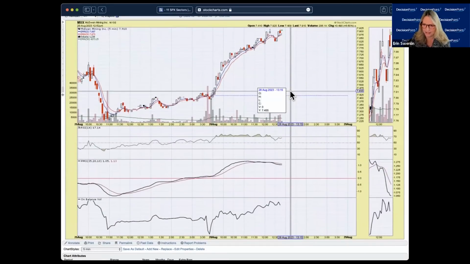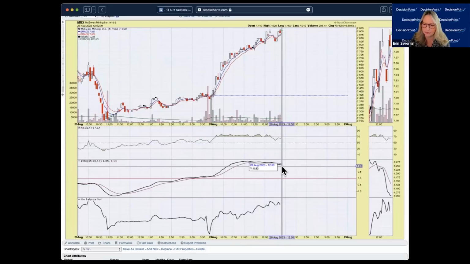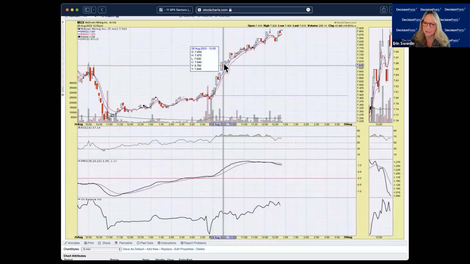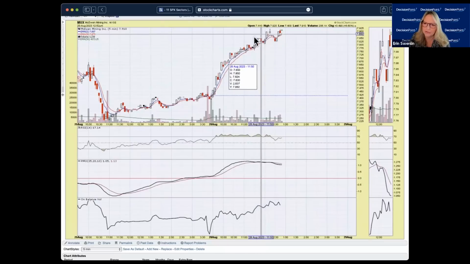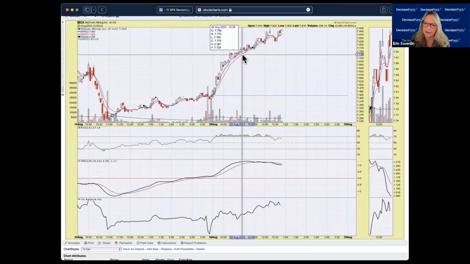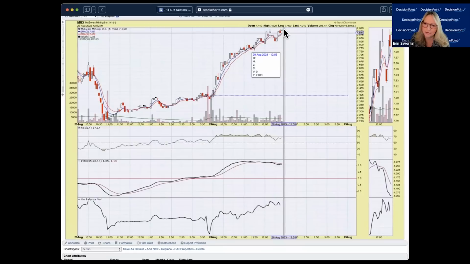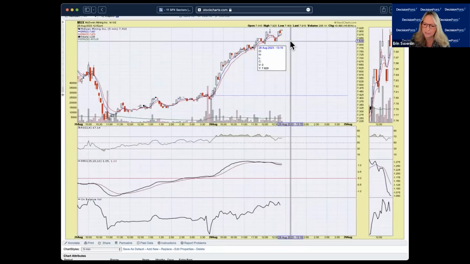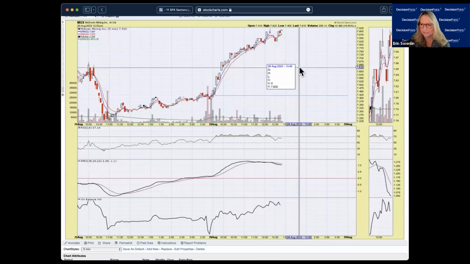I would still think you might get a little bit of a pullback today. The PMO is starting to turn down a little bit, but price action is really, really positive. Getting more volatile, though. Notice this is a rising, and then this rising one that's kind of a bugle shape. That means you're going to get a lot of volatility. So you might be able to jump in at a little bit better price point than you're at now. But ultimately, I think you're going to be waiting a while before you can wait for that pullback, at least today. Maybe tomorrow there'll be some profit taking.